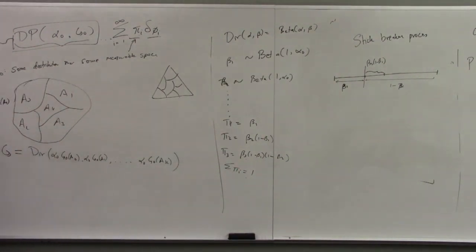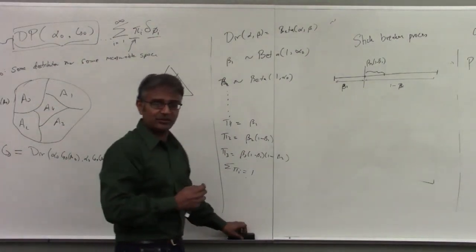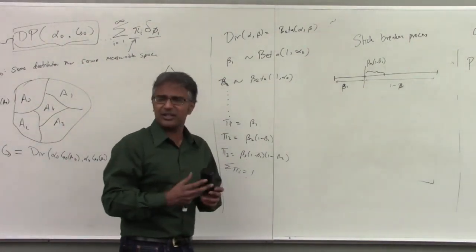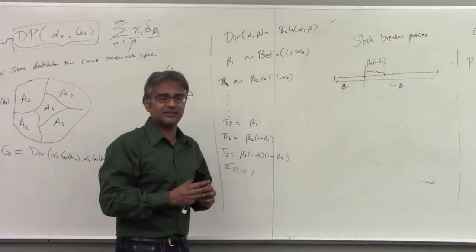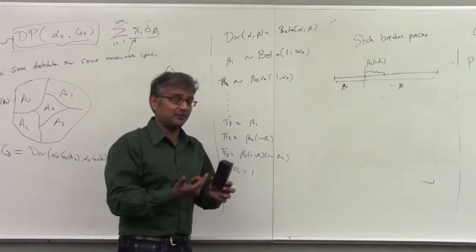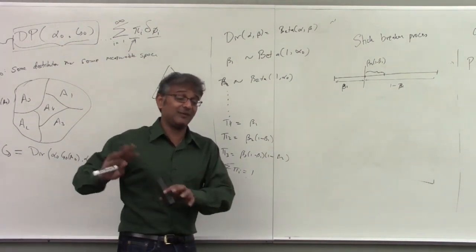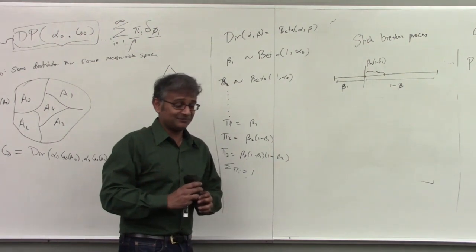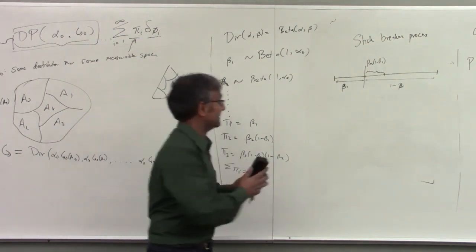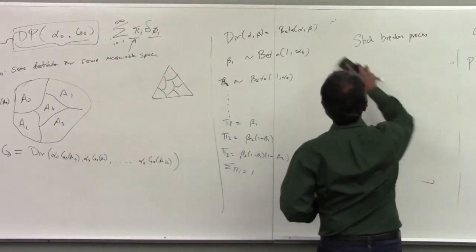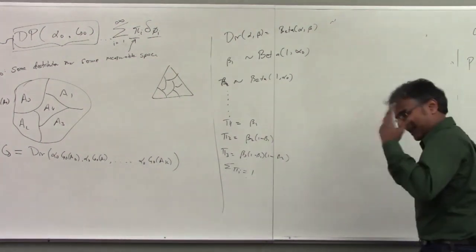Okay, now you do that. You pick the pi i's. What does my actual thing look like as a result? And the thing it looks like is this very cool thing called the Chinese restaurant process. Have you ever heard of a Chinese restaurant process? There are two. There's a Chinese restaurant process, there's an Indian buffet process. The Indian buffet process is a little bit more involved, for whatever reason. But this is a bit simpler. So, it's an unusual name, but it's kind of fun. It's a helpful way to think about it.